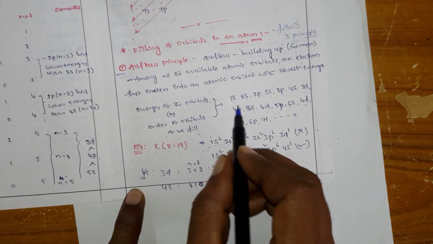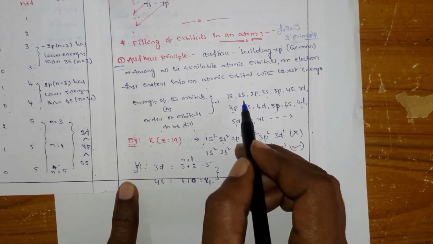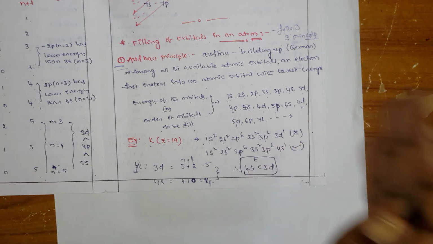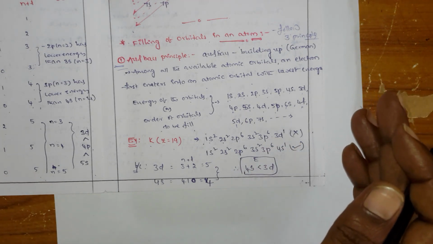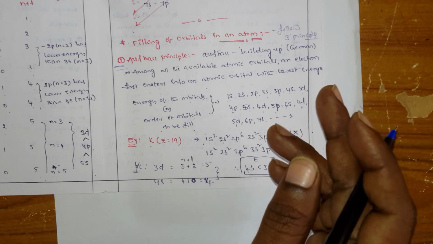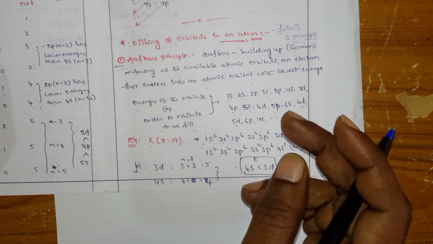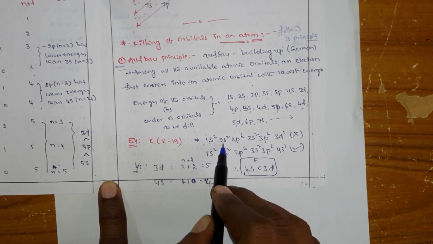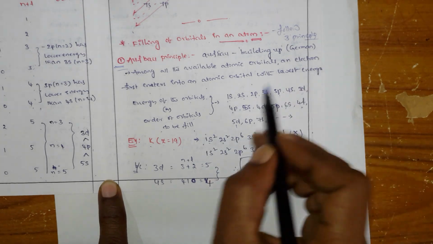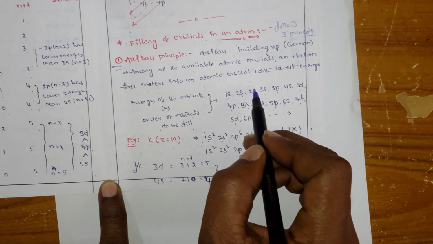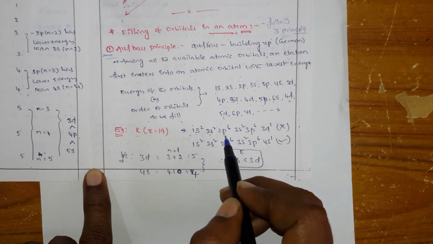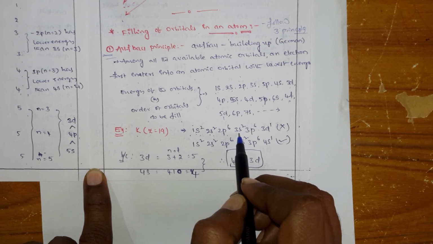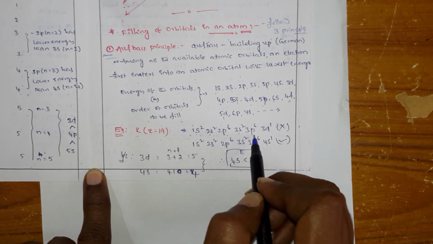First the electrons enter the 1s, so 2 electrons. Do you have an idea how many electrons you can accommodate in a particular orbital? Only a maximum of 2 electrons in an orbital. 1s2, 2s2, 2p6. p has 3 orbitals, px, py and pz, so that is 6. Then 1s2, 2s2, 2p6, 3s2. Next is the third shell, 3s2 and 3p6.